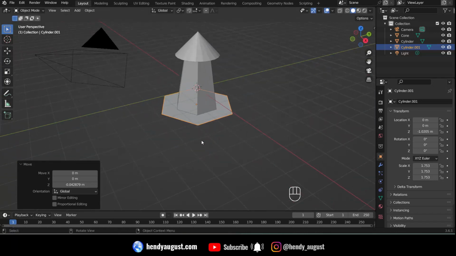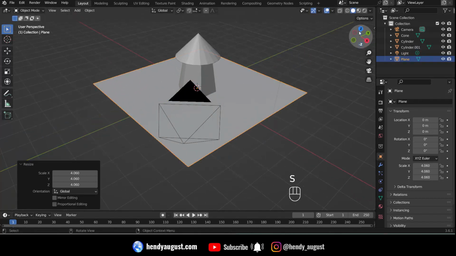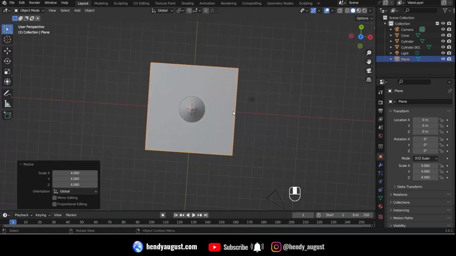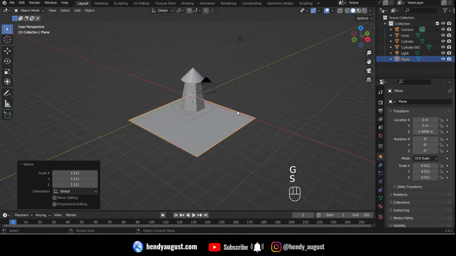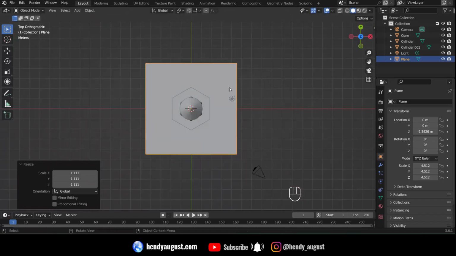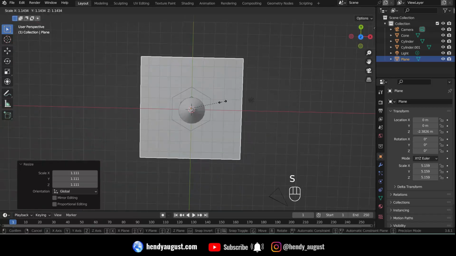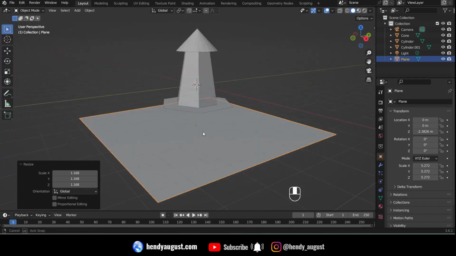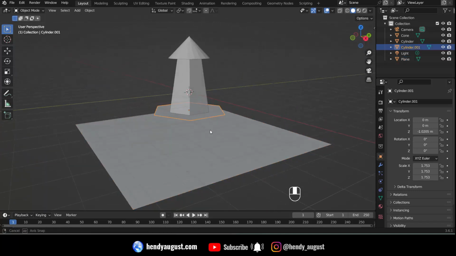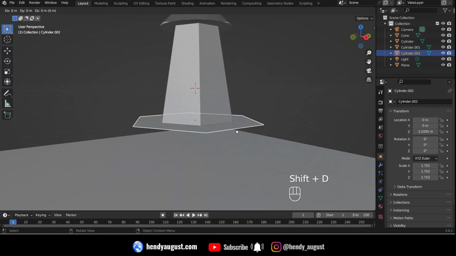and then we're gonna add another plane in here, scale it up. This will be our overall scene, and we're gonna place it down maybe in here. We might need to adjust this later, but for now we're gonna make a blockout mesh, very basic layout for our scene. Duplicate this once again, duplicate, and then by pressing Shift D and then press C,